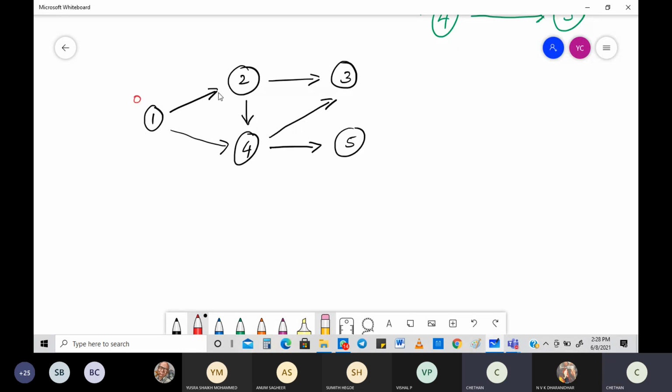In degree of 2, you can see very clearly there's an edge that is coming towards it, which is nothing but equal to 1. Be careful. Then you take 4. What are the number of edges that are coming towards 4? There are 2 edges. So the in degree is nothing but 2. Then with regard to 3, you check number of edges that are coming to 3. 1, 2. So there is 2. Then with regard to 5, number of edges coming through to 5 is only 1. So the in degrees of each and everything is written very clearly without any problem.